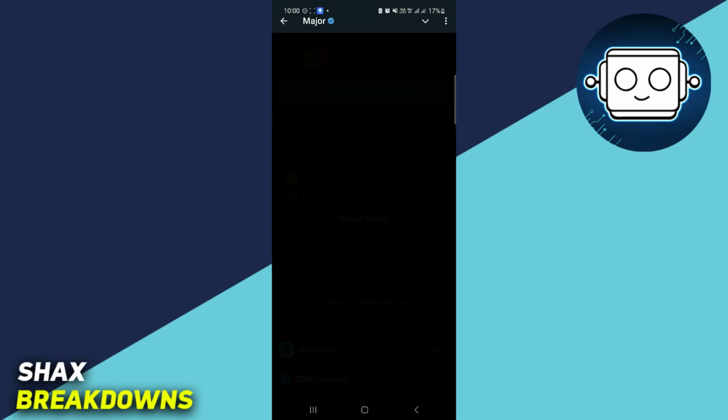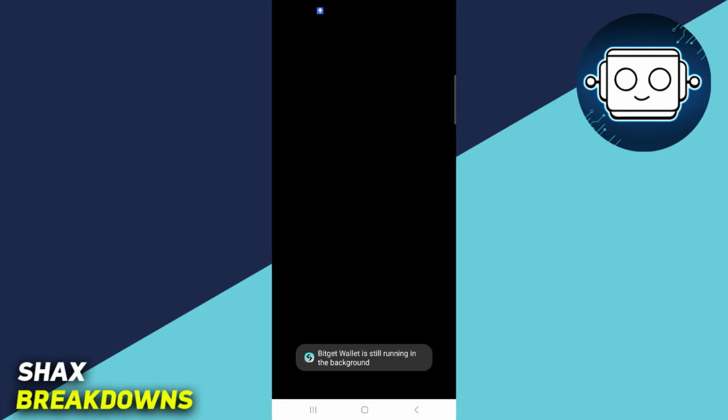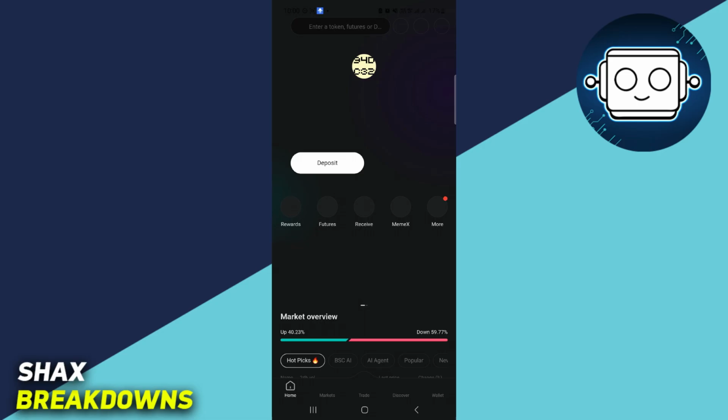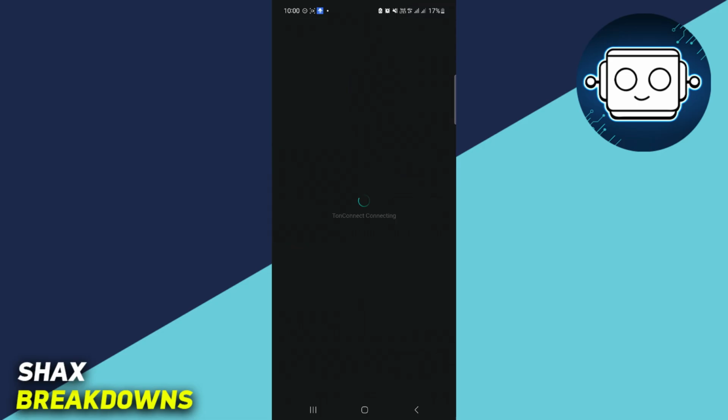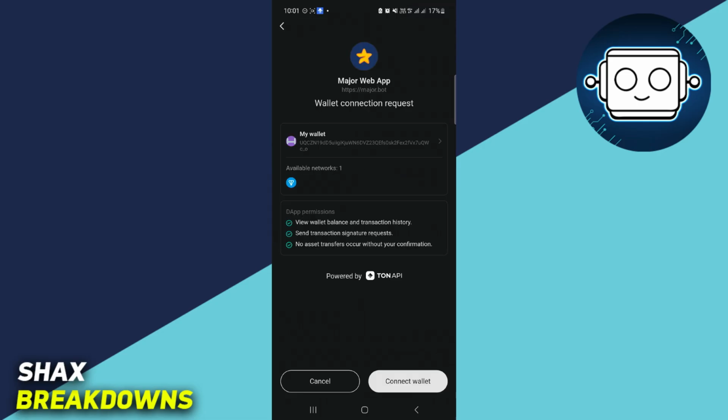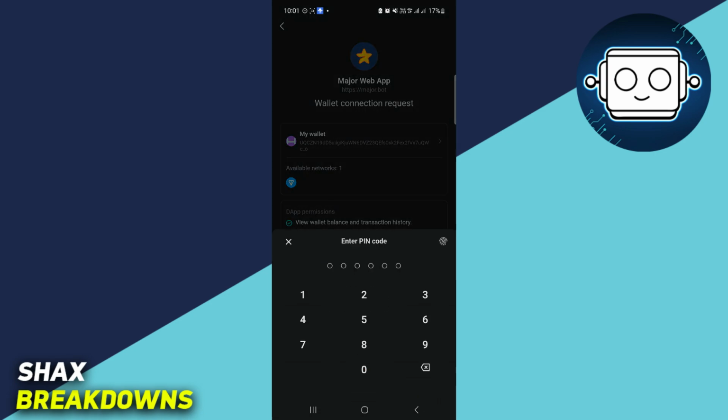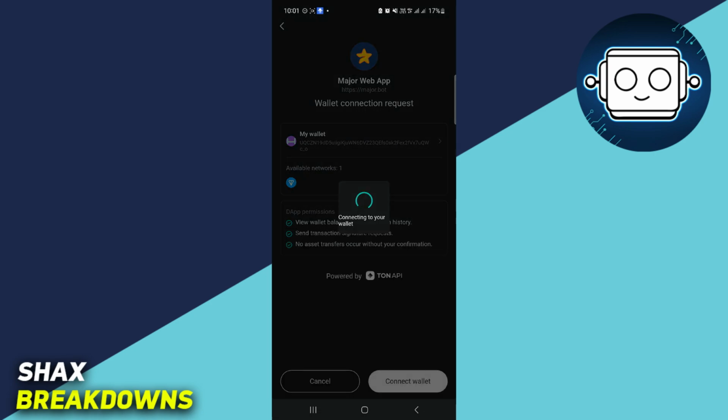So select the Bitget wallet, and now it will redirect you in your Bitget account, where you just have to wait for some time until it shows you the connect wallet option. So tap on Connect Wallet, provide your passcode or some other information, and then your Bitget wallet will be connected